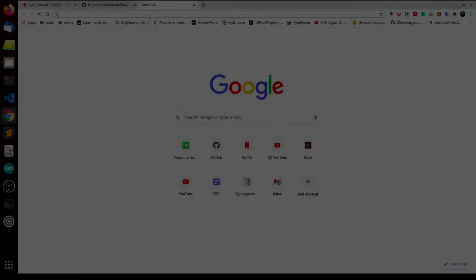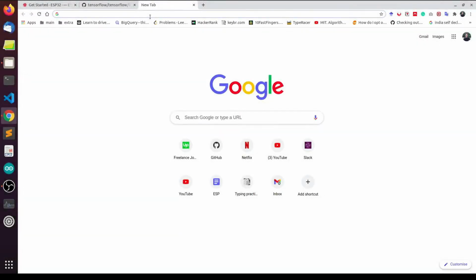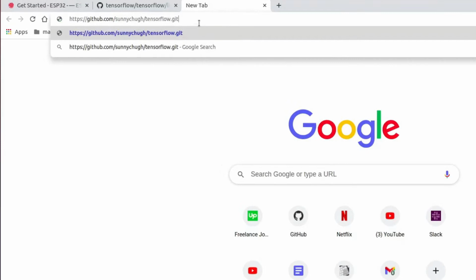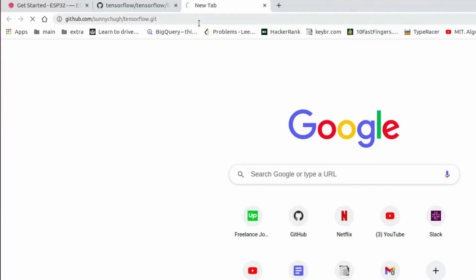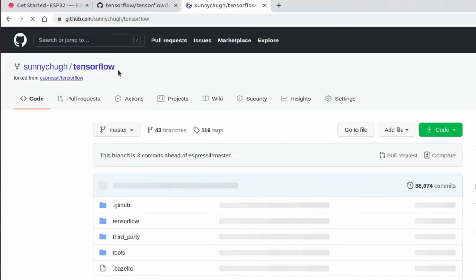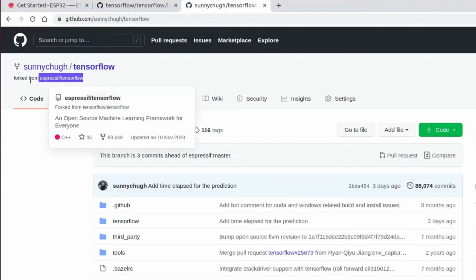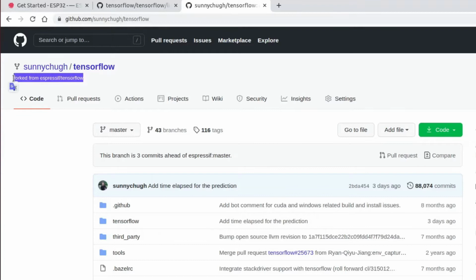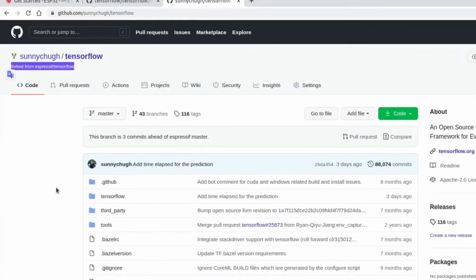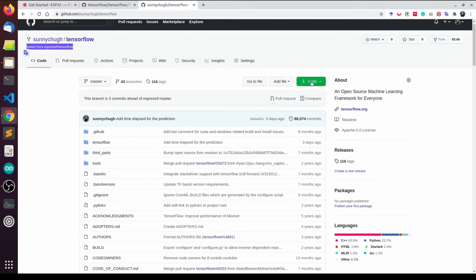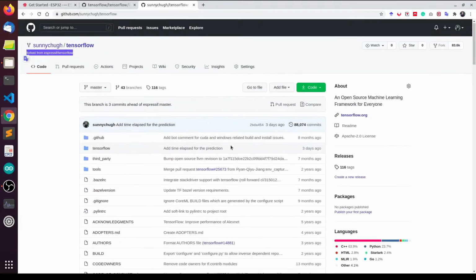In this video, I will show you how to quickly use my Git repo with ESP32CAM microcontroller. It has all the necessary changes already done for the person detection model. I did fork the Espressif library, which was forked from the official TensorFlow models library in the first place. Let's go to the commits option to see the changes I have done.